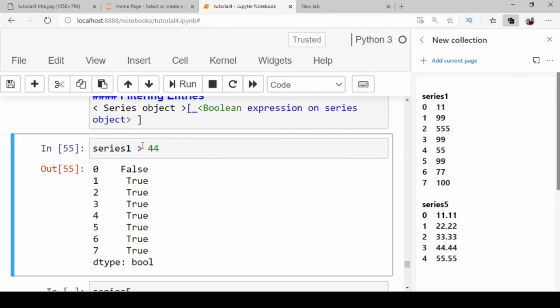Is 11 greater than 44? The condition is wrong. At index number 1, the value is 99. So 99 is more than 44, correct, so this is True. Similarly, you can check that all the values are more than 44 except the 11.